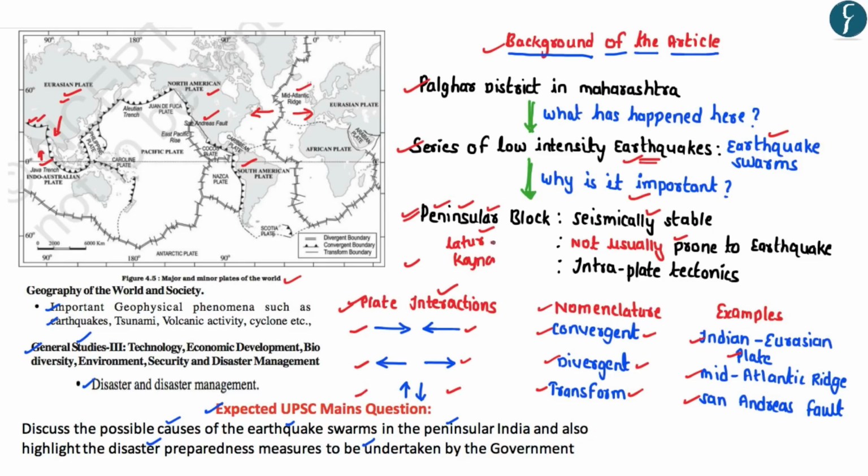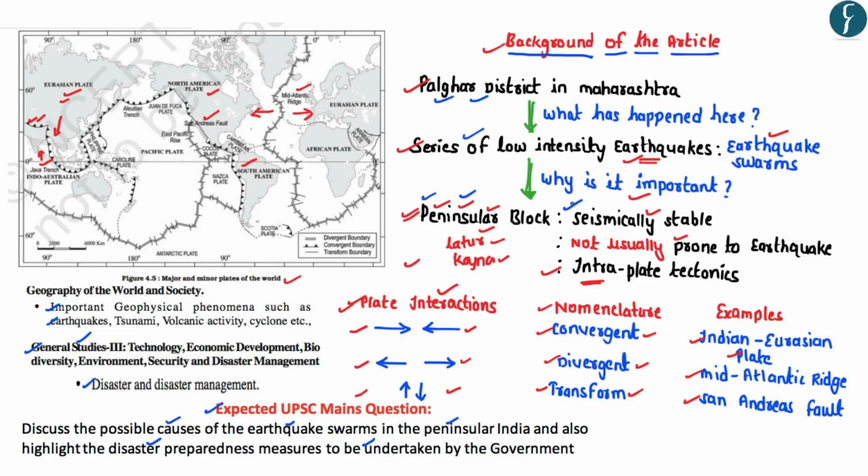And the reasons for the earthquakes in Latur and Koyna can be attributed to intraplate tectonics. Now, what has happened in the Palghar district in Maharashtra is that since November 2018, this particular district has witnessed a series of low intensity earthquakes. And this has baffled the seismologists because the Palghar district is part of the peninsular block, which is considered to